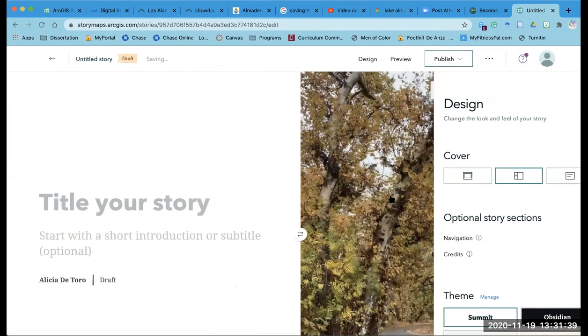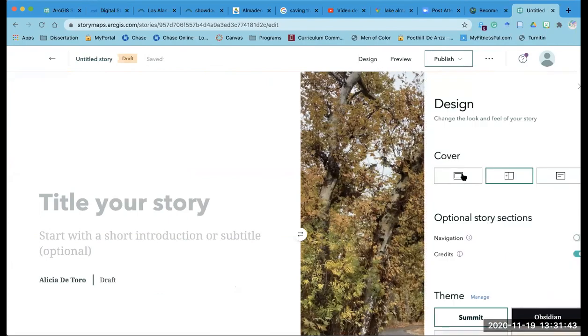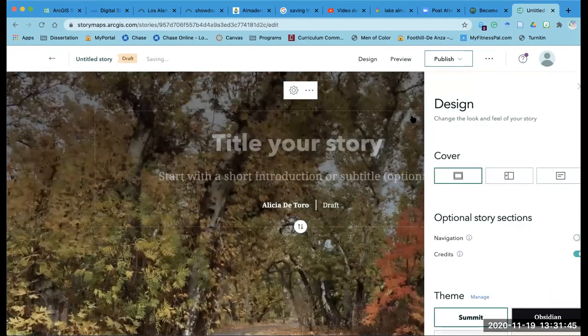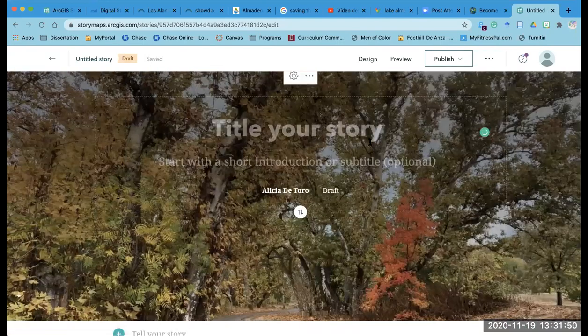It can be on the side. This is my favorite, where it sits, the title sits over it. And what we're gonna call this is, I'm gonna call it Lake Almaden, which is a location that I like to visit.